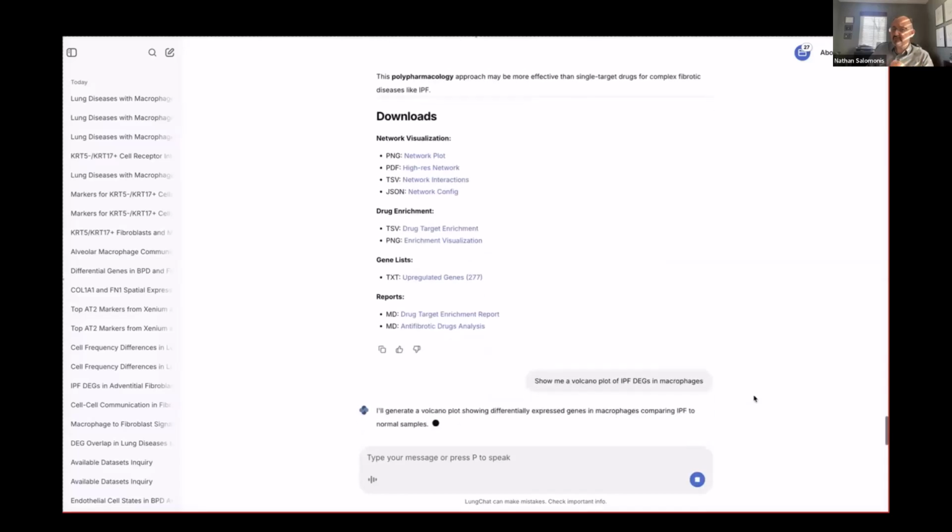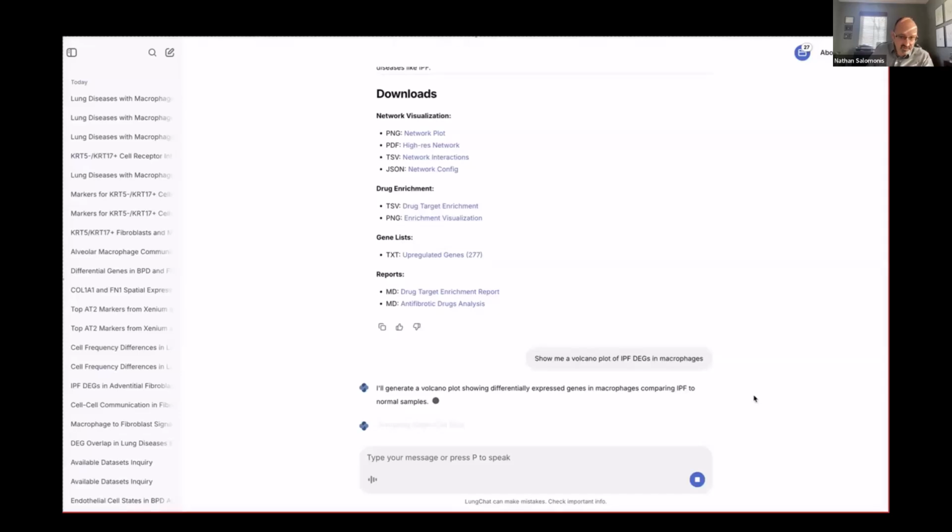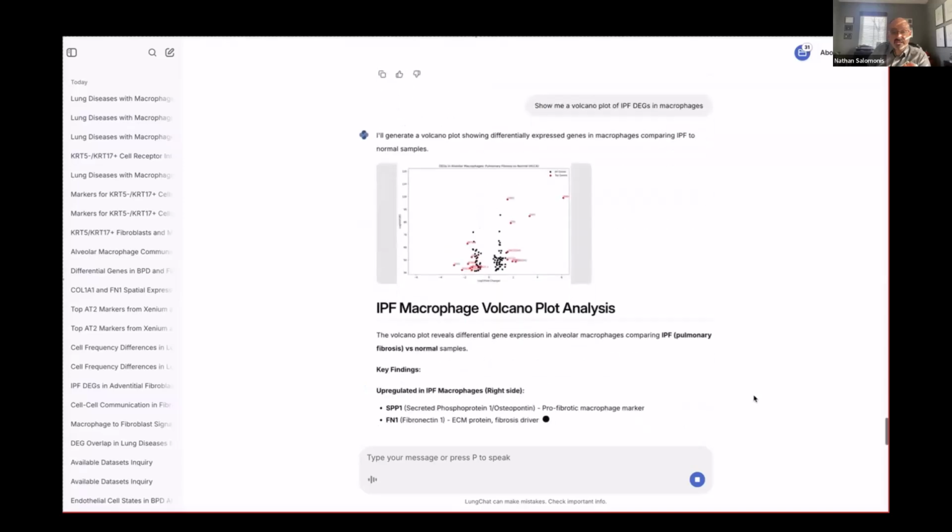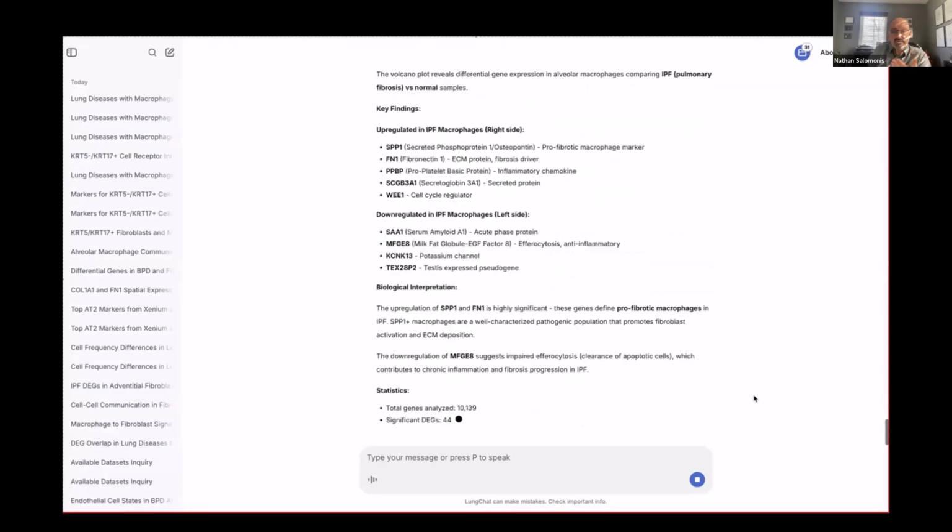You can also perform very simple, straightforward data visualizations like show me a volcano plot of idiopathic pulmonary fibrosis differentially expressed genes in one cell population called macrophages. In this case, the interface is not only going to give you that plot, it's going to be able to interpret that plot and say these are the top most significantly regulated differentially expressed genes, which it's showing here.